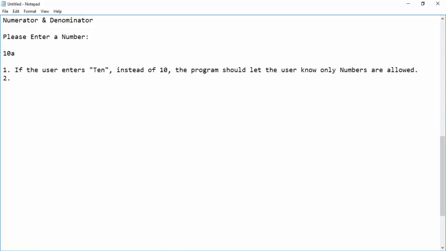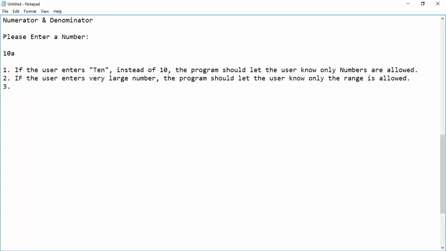Then one more condition: if the user enters a very large number, the program should let the user know about the allowed range.